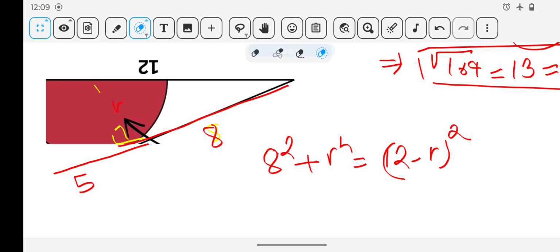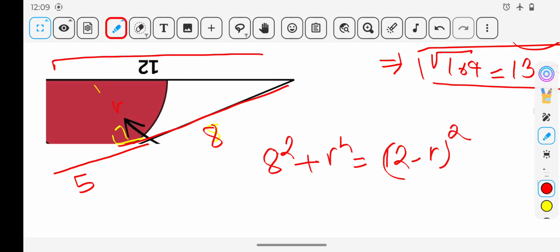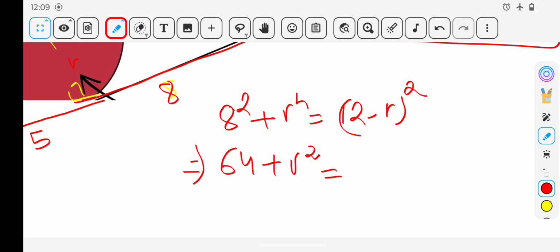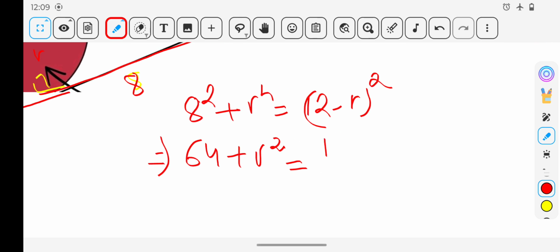The total length here was 12 and this length is R, so this length will be 12 minus R. Easy. So now 8 square equals 64, plus R square equals 12 square, that is 144, minus 2 into 12, 24R,